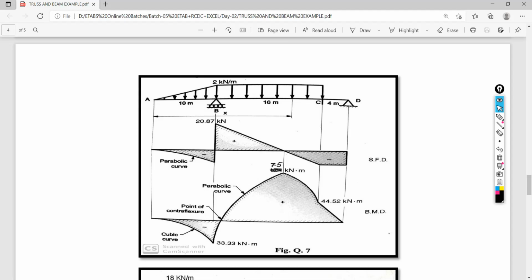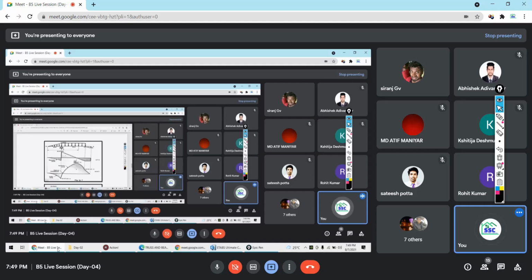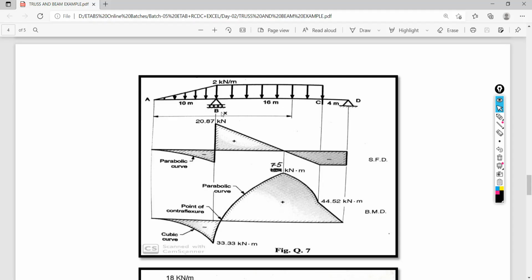I can go with two grids. What problem will be there if I am taking 2 grids only? If I am trying to model a single beam from A to D, can I do this? And if I do this, what problem will be there? Roller can't be applied at B. You can't select the joint exactly at B. While assigning the support, there is no option to assign the support over the frame. Are you getting my point? Yes, sir. That's why you need to have the joint there. Okay, very good.